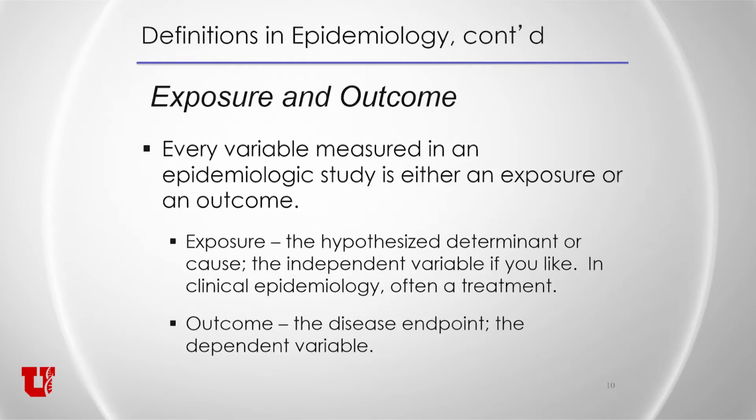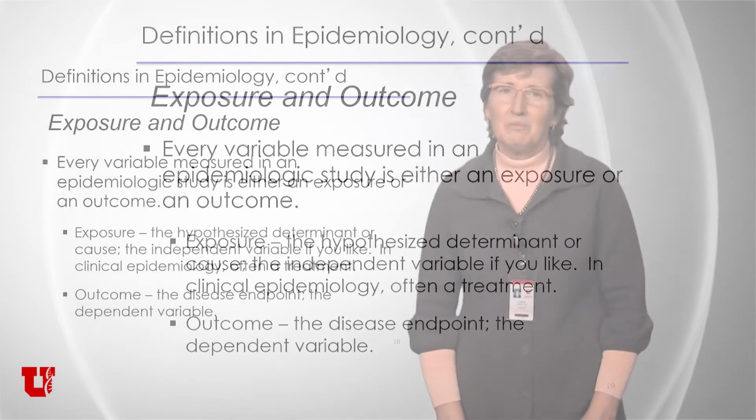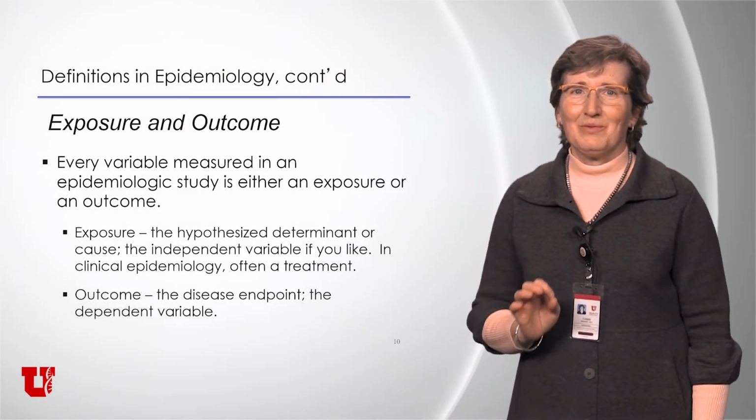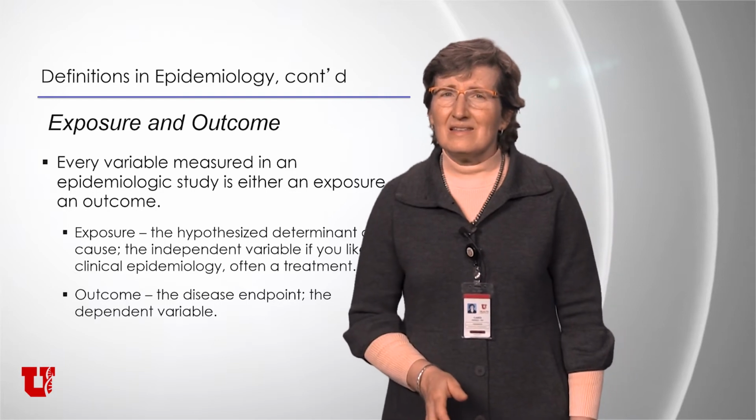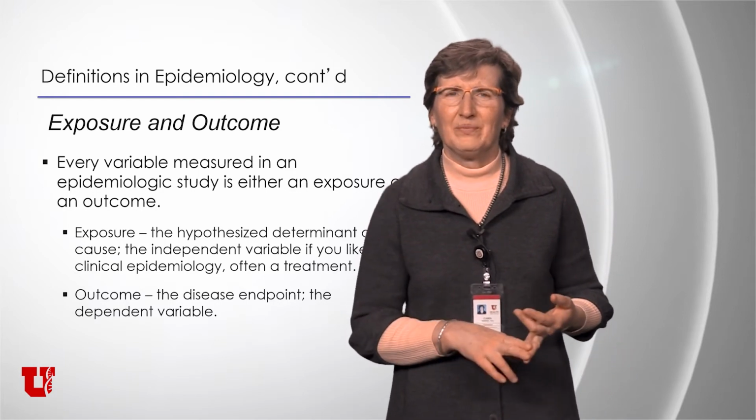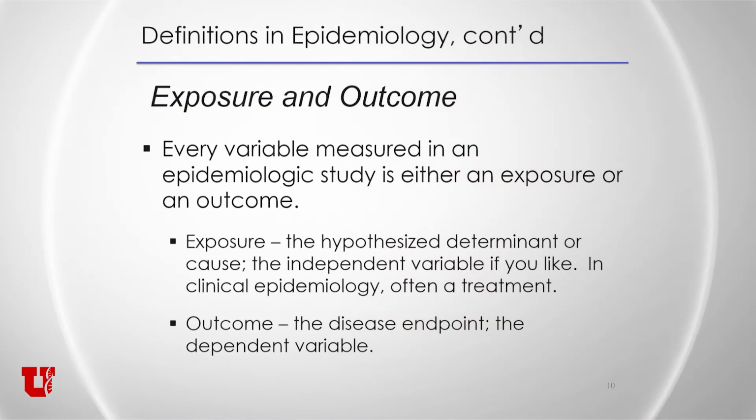Okay, so two words that I will use repeatedly are going to be exposure and outcome. So let me just take a moment to tell you really specifically what I mean when I say exposure and outcome. So pretty much every variable measured in an epidemiologic study is, to me, either an exposure or an outcome. So an exposure is going to be the hypothesized determinant or cause, the independent variable, if you like to think about it that way. So in clinical epidemiology, though, what I would call the exposure is actually a treatment. So if we're going to do an observational study of people who have a certain condition and which ones are going to do better in the long run and be cured and which ones are not, how those people are treated, what's the various types of treatments that are offered to them, that in the epidemiologic sense is also an